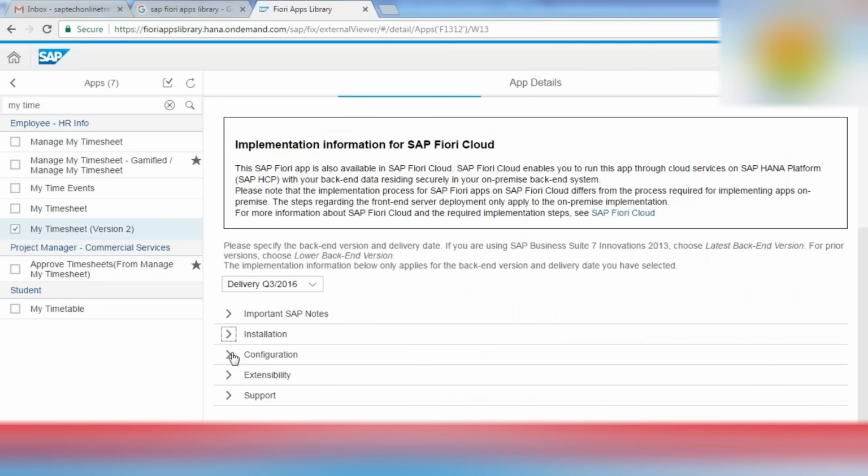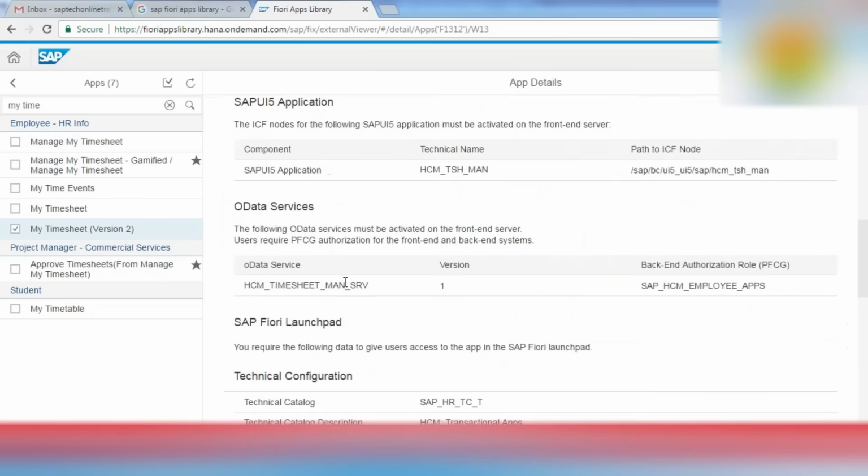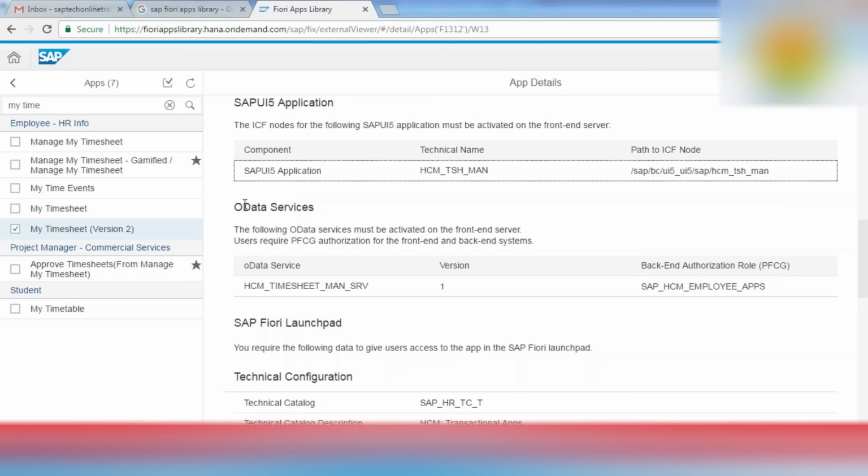And then the configuration part: how we can deploy the SAP Fiori application, and how we can deploy the particular OData service that is responsible for this particular application. As I told you, each and every Fiori application is based on the UI5 framework. That means there must be some UI5 application delivered by SAP, and some OData service connecting to the backend system to manipulate the data.